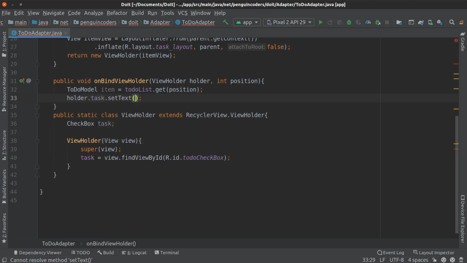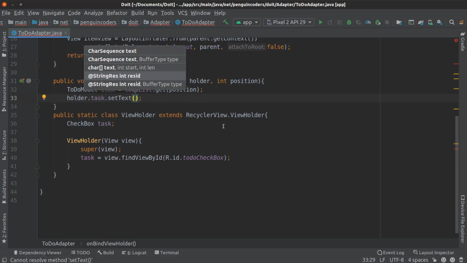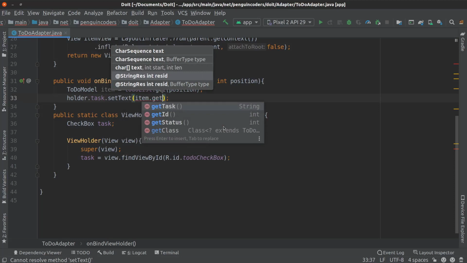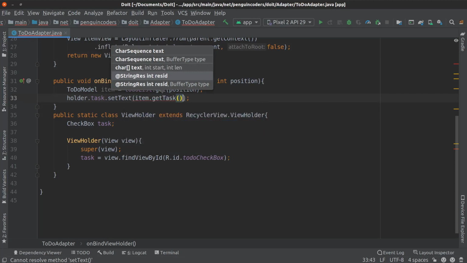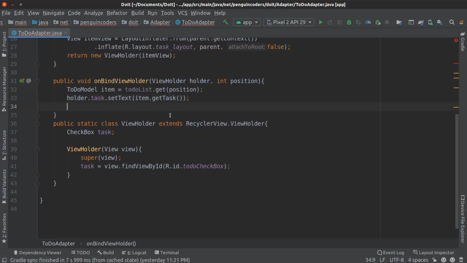This is just for showing on the screen. So set text we need to get item dot get task. So what does this mean? That on the holder, that is on the screen, each task you need to get from there, and you need to set the task after getting it from the item position which we have returned here.